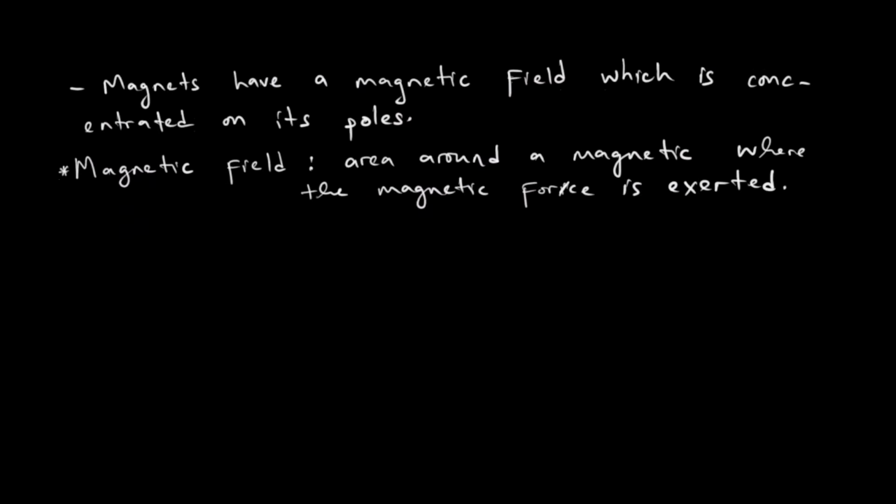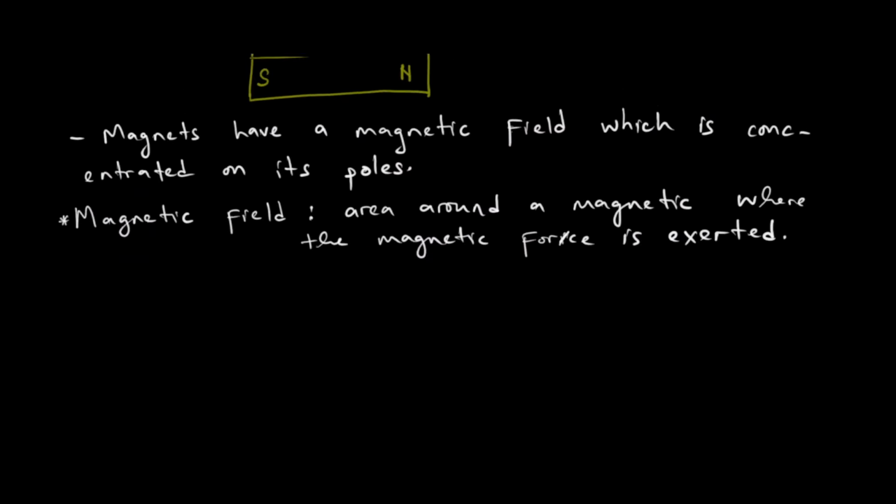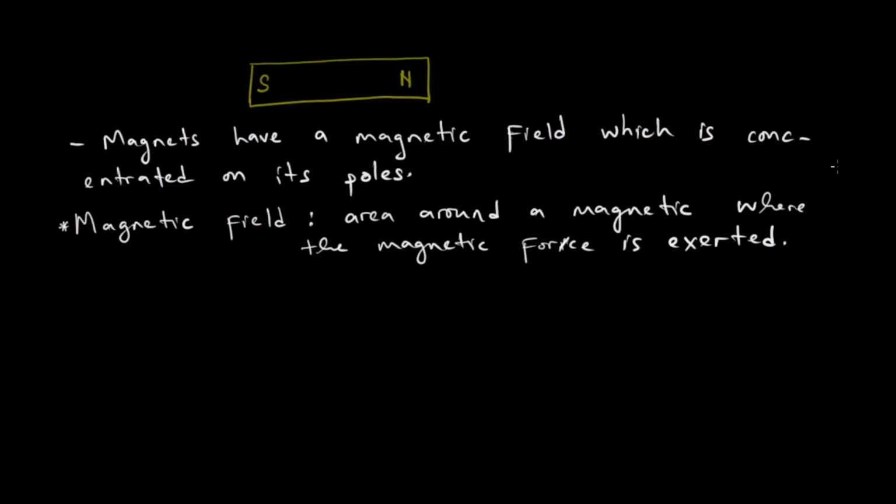But let us look at what we've just written. Saka pamusoro apa taratidza kuti a magnet has two poles. It is a North Pole and a South Pole. Ndovatendera mberi kuti magnets have a magnetic field, and this magnetic field is concentrated on its poles. Then we saw the need yekudefine what a magnetic field is. Tikati a magnetic field, this is the area around a magnet where the magnetic force is exerted. Saka there's a point I want to write apa.